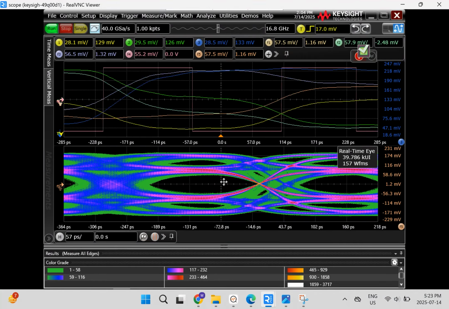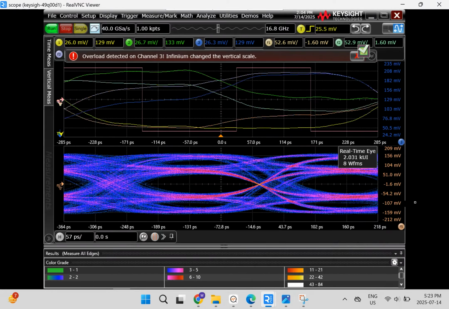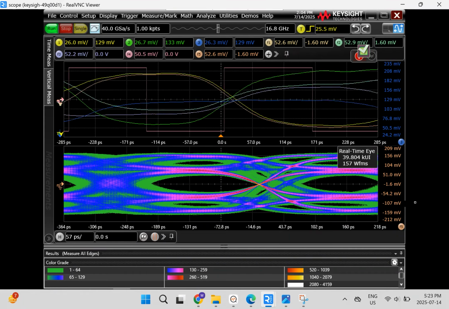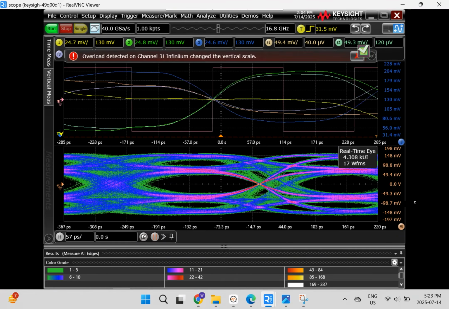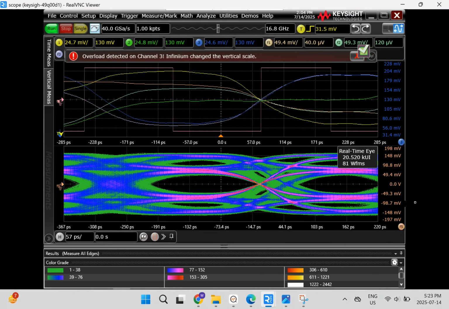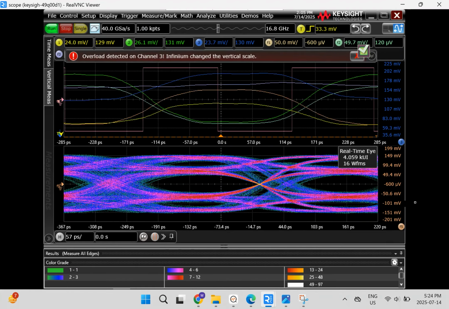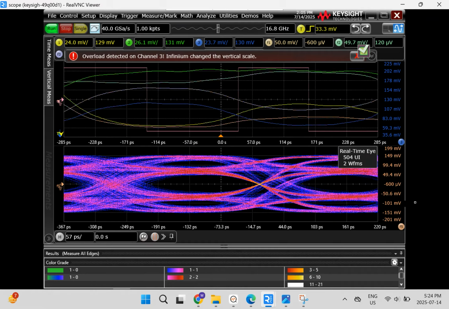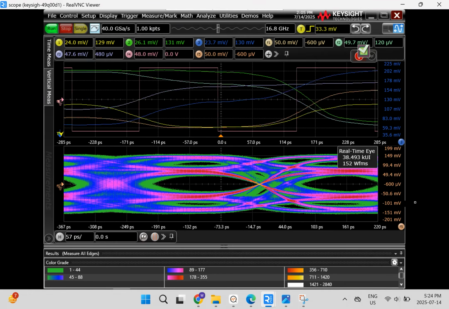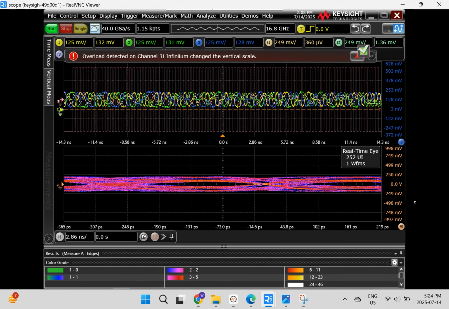And as you can see on the screen now, what is happening is that the script and the software is instructing the SV5C generator to mimic signal degradation effects and close the eye using things like jitter, DCD, duty cycle distortion, and by changing the amplitude, by injecting ISI, which is intersymbol interference. So all these factors are used to close the eye and get as close as we can to the